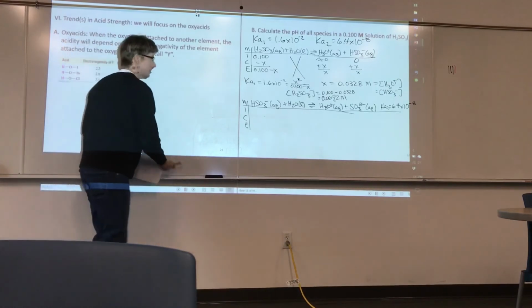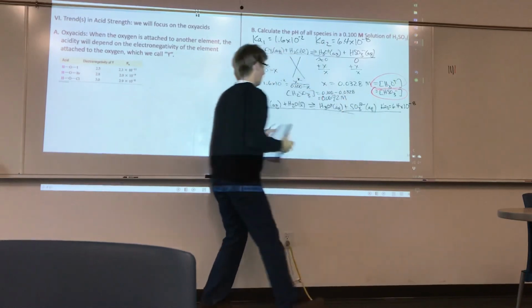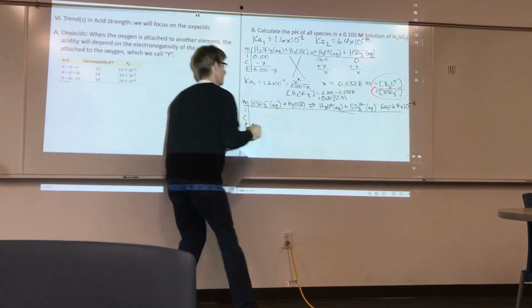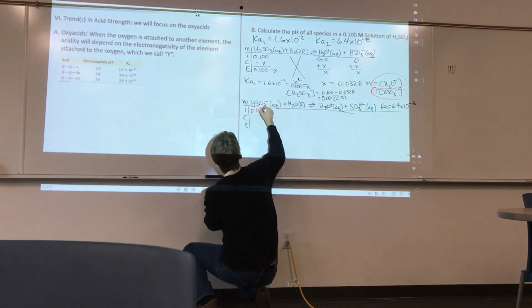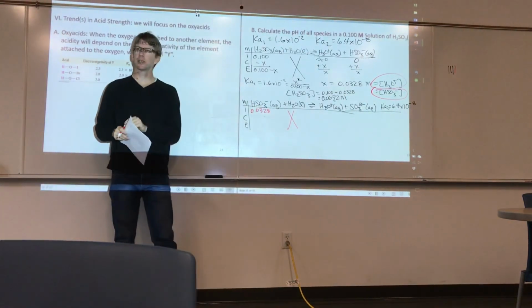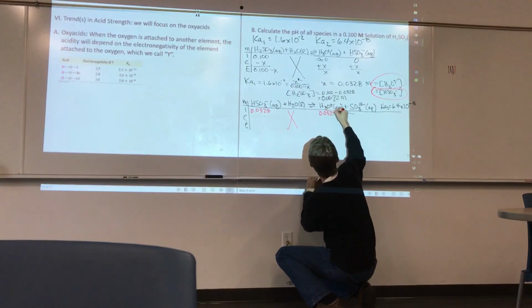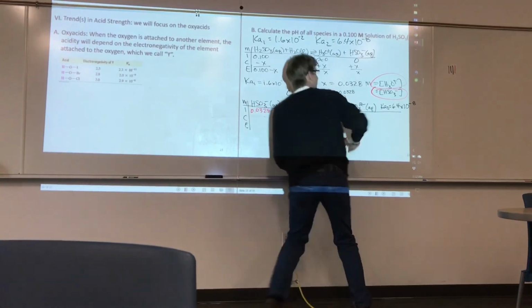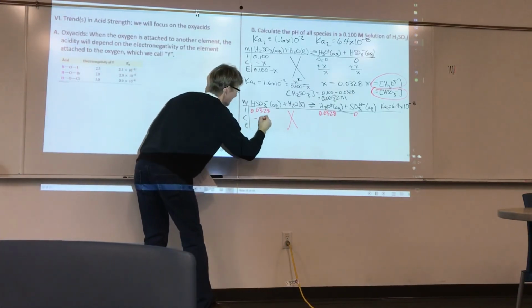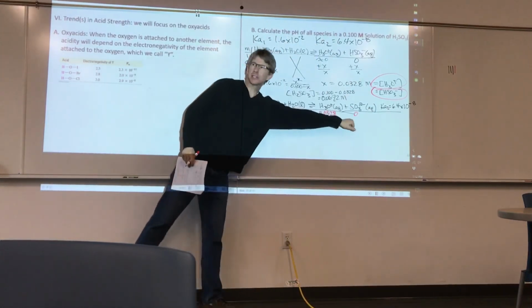This time, however, we do have an initial concentration of hydrogen sulfite, 0.0328. Still no concentration for water. Hydronium, 0.0328. No sulfite. Wherever there's a 0, the reaction